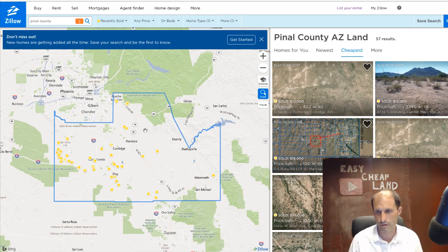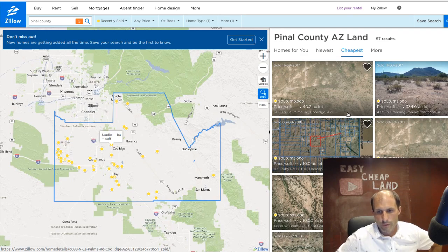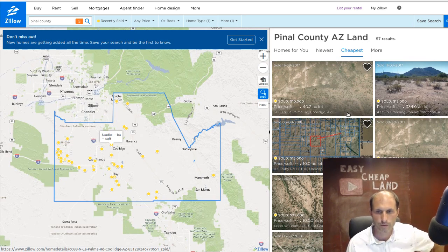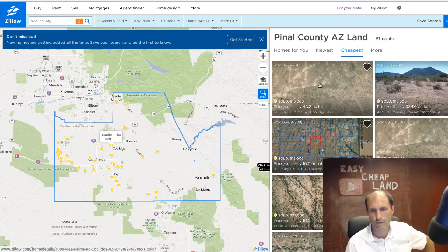So if we look at these prices that Zillow's pulling in off the county recorder's office, maybe it was interfamily, and maybe it had 15 properties involved or something, but lots of times it's just one property and the numbers are pretty good. So you just have to look at them and think about it. You can't take it right off the cuff, but it's still pretty good data to compare stuff to. So if we look at the cheapest stuff that's sold in the whole county, not just where the property is, but the whole county, 10 acres and up,